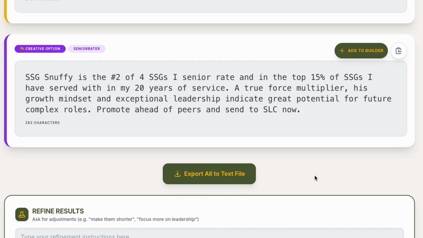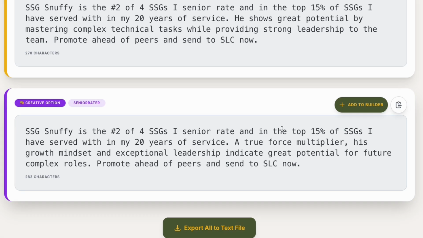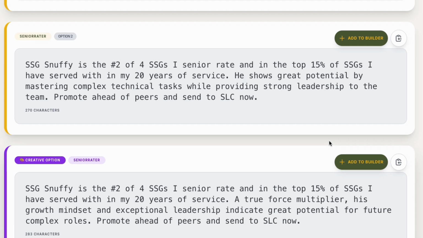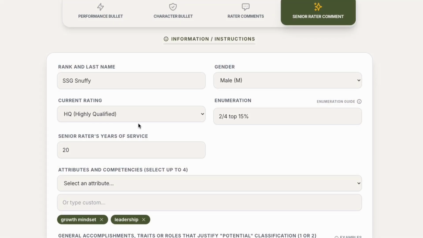References great potential. In fact, all these should reference great potential. Yep, great potential. So this is great. Promote ahead of peers, all of them reference that. And so that's great. If I were to go back here and change this to an MQ and put